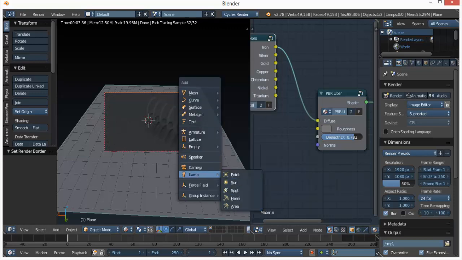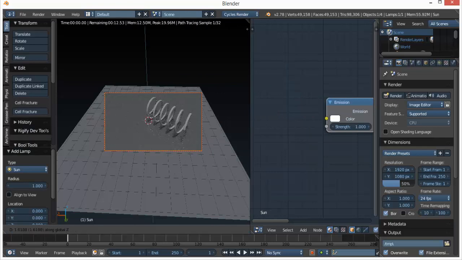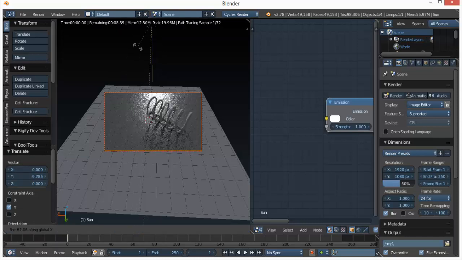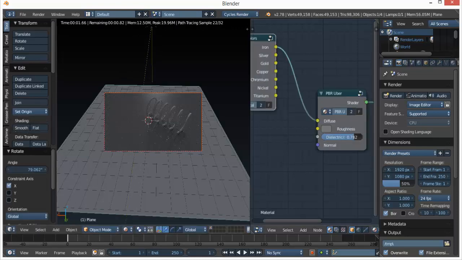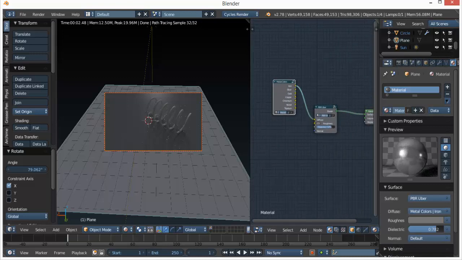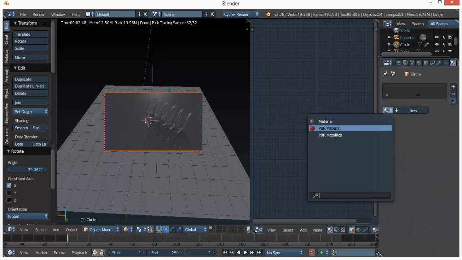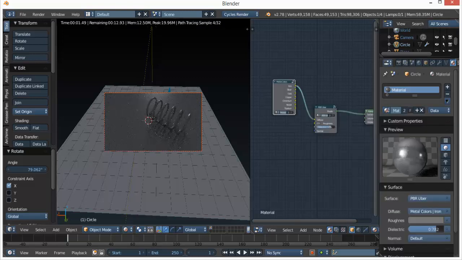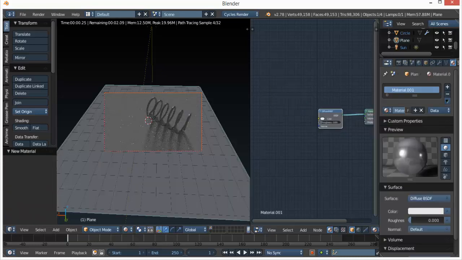So let's add a lamp and a sun. Bring that up so we can see it over here, and you can start to see the sun in the background. Oh, we added a metallic thing to our plane. Whoops, that's my mistake. My bad. All right, let's go to the plane and take it off of that